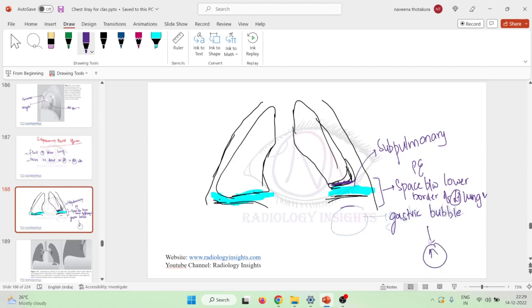That is one reason why we can easily determine that there is a subpulmonic pleural effusion